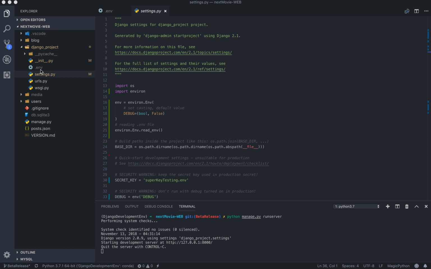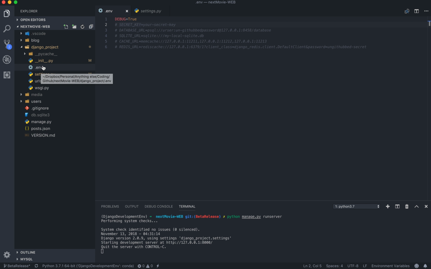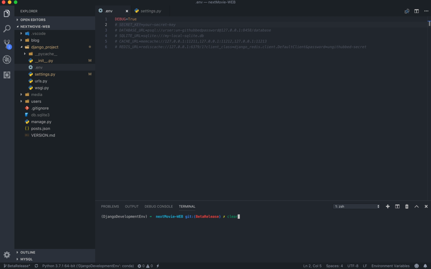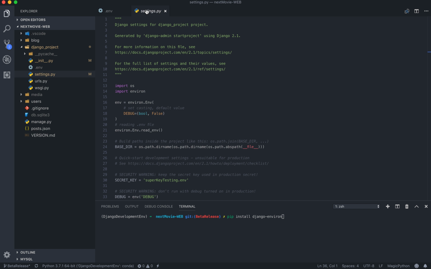To use .env files, I'm gonna break it down in 3 steps, right? So first, you're gonna create your .env inside your main project's folder. It's right here for me. I created it here. Second step, you're gonna install this package right here. Third, you're going to go to your settings in your main project's folder, your settings.py, and you're going to write